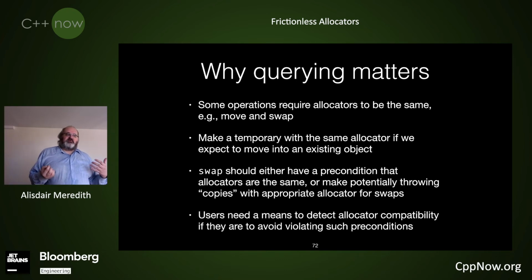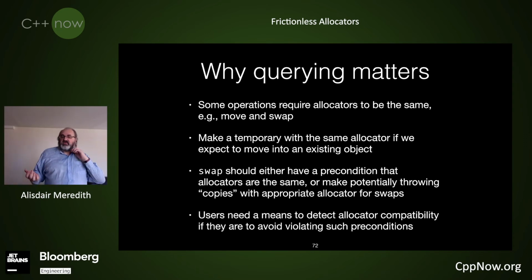If I'm trying to build an object before inserting it into the container or into its storage, I'm going to want to build an object using the correct allocator so it can easily move into that storage once I've finished building it. So I need to, at that point, construct it and say, what's the allocator of the object that I'm building it into, so I can build it with the right allocator.